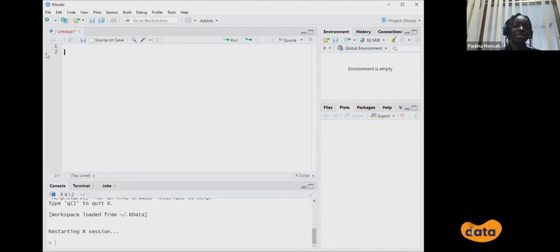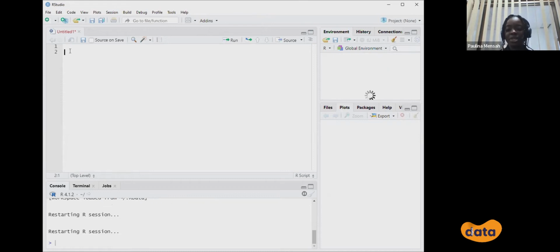So we are getting into it now. So maybe I should start with some shortcuts. So if I want to restart my R session, I can use Control-Shift-F10. For whatever reason, maybe I want to restart my R session and start all over. So I can do that. And then